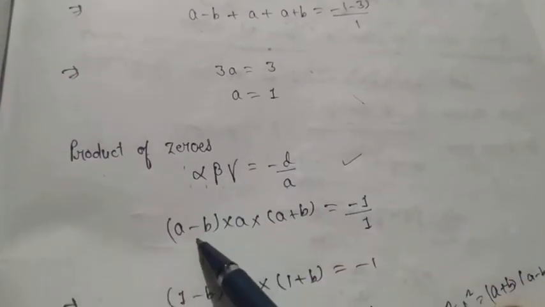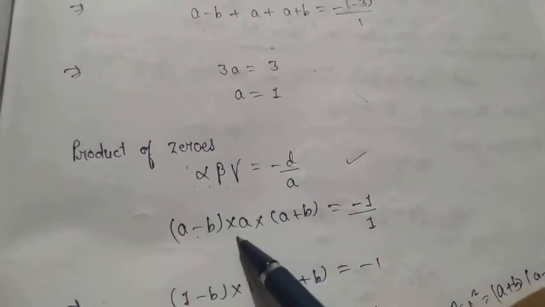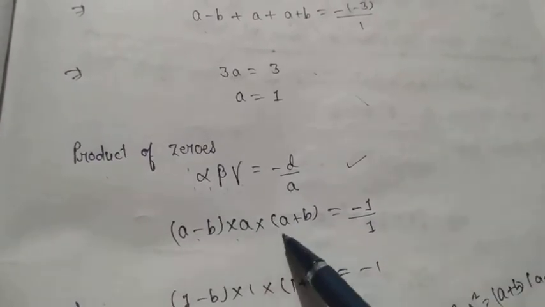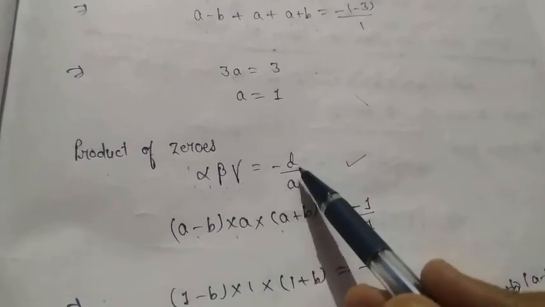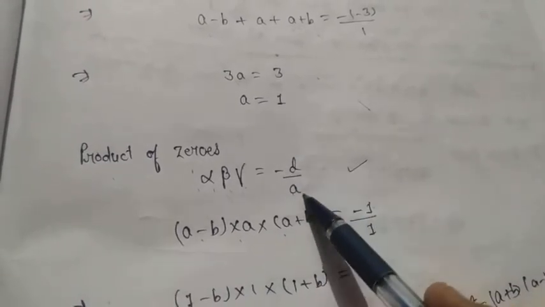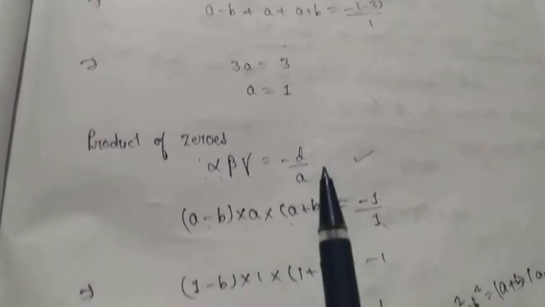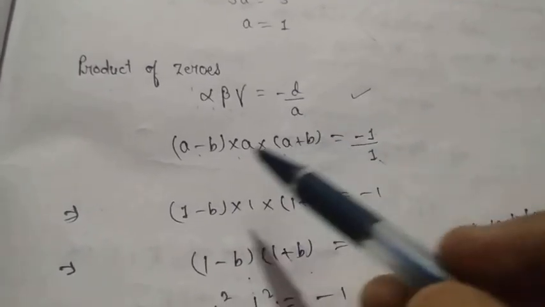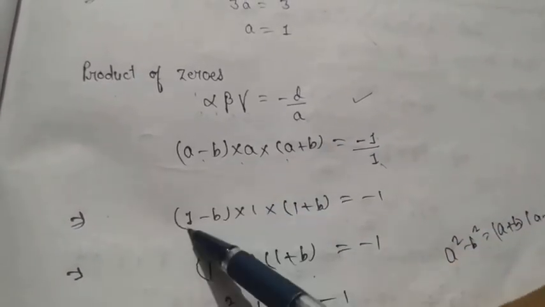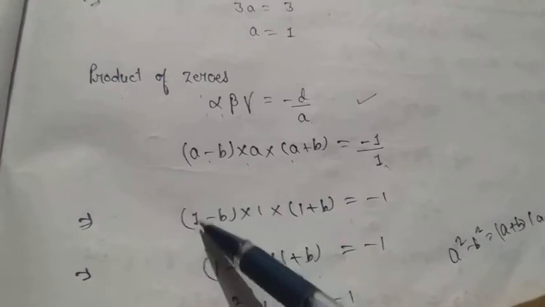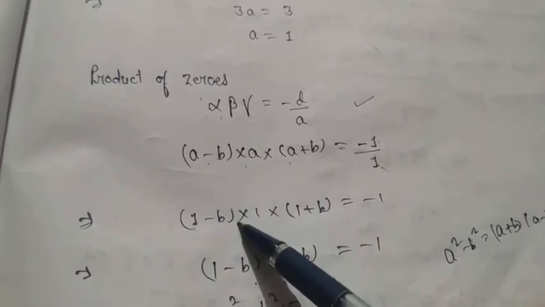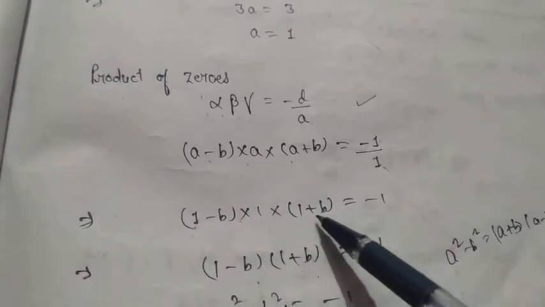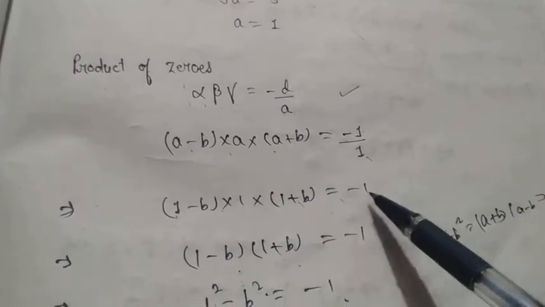So alpha value was a minus b, beta value is a and the gamma value is a plus b. Okay, and the value of d was 1 and the value of a is also 1. Now I have put the value of a here. So a value was 1, so 1 minus b, into 1 into 1 plus b is equal to minus